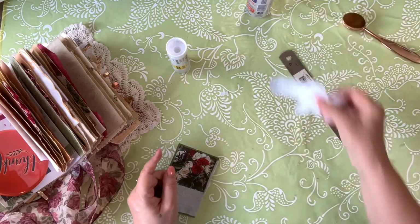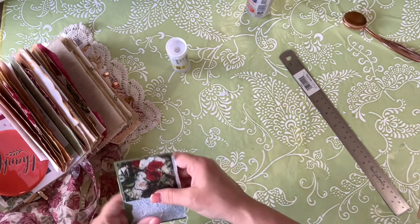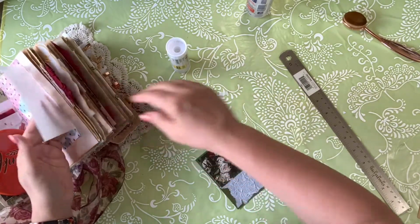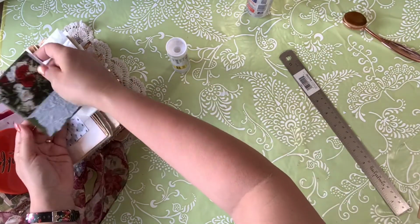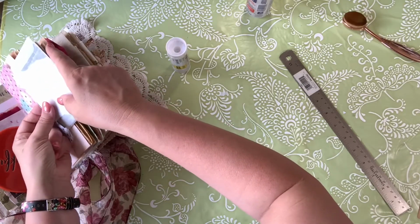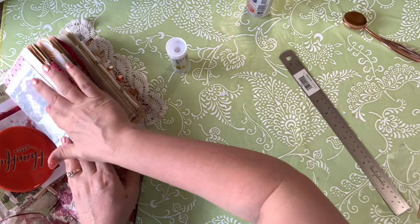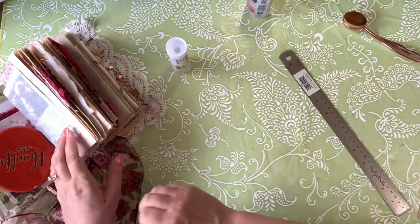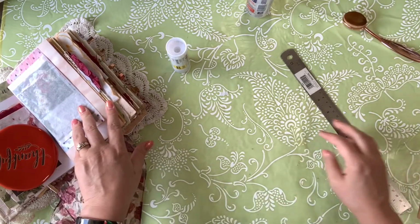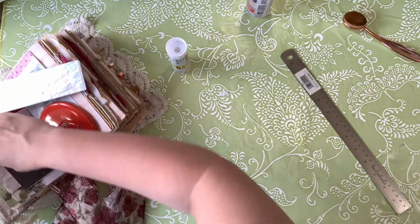I'll put these back into our scrap bin so I can come back and finish this. It's not going to have a lot because this is actually going into this envelope. Just like that. And so whatever goes here will still be seen. It's just going to be through that wax paper, so it's not going to be a super in-your-face detail. Let's do this card,